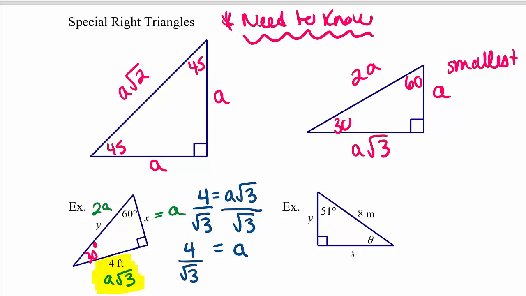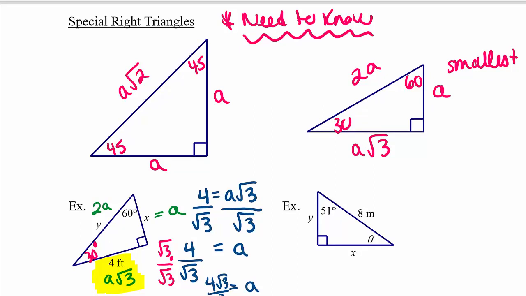Now remember, we can never leave a radical in the denominator, so we have to rationalize this. In order to rationalize, we multiply the numerator and the denominator by root 3. So we end up getting a is equal to 4 root 3 over 3. So if a is equal to 4 root 3 over 3, we've already identified that x is equal to a. So we don't even have to do any more work, and we know that x is now equal to 4